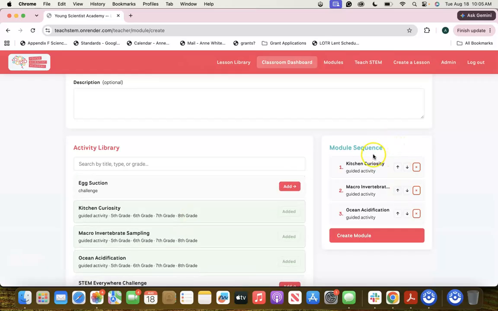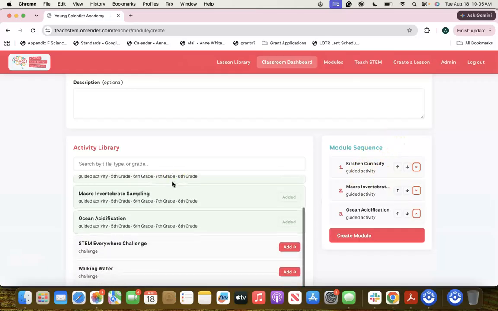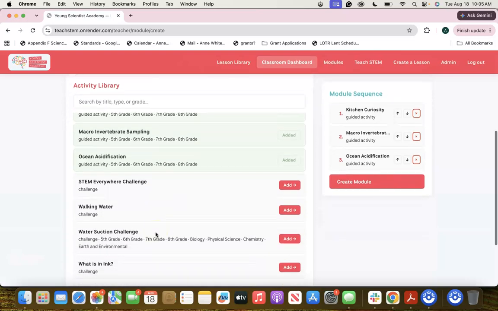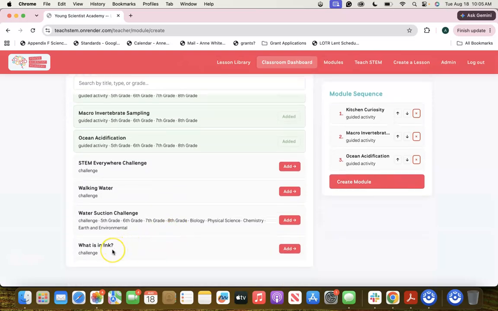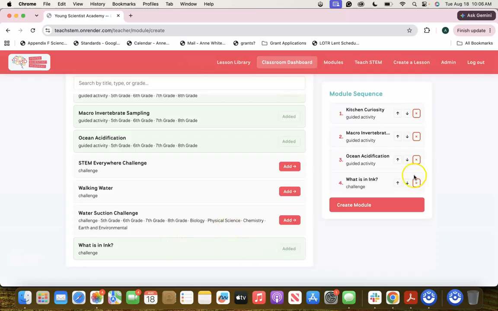Now, let's say at the beginning of these, though, I want to do a STEM challenge to get my students thinking. So what is in ink? That's where students use chromatography to separate out the different colors inside a black marker. Walking water talks about adhesion and cohesion, and this is using pressure to move water, or air pressure, and creating vacuums to move water. So I'm going to use, I guess for this one, I'm just going to use what is ink. I might not actually use any of these, but for this purpose,